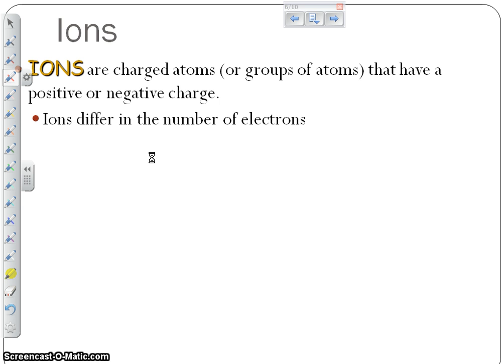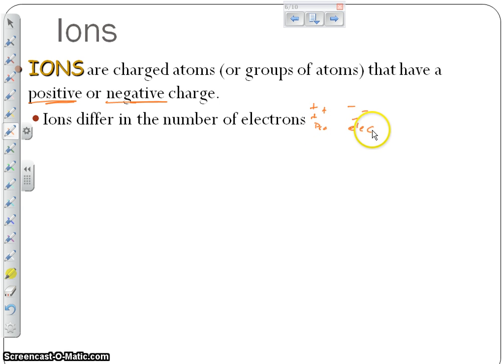The second half of this lecture is going to be on ions, which are basically a charged atom or group of atoms that have a positive or negative charge. Okay, basically an ion differs because it now has a different number of electrons, and what that's saying is that if you happen to have, let's say, it was originally neutral, so we had our 3 and 3 protons and